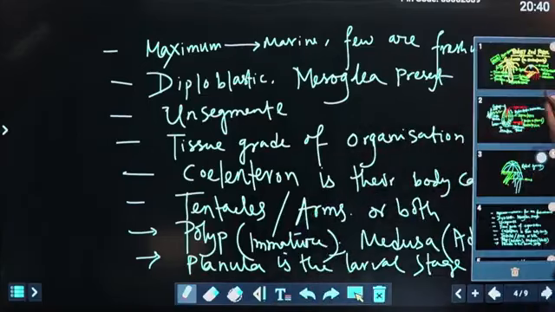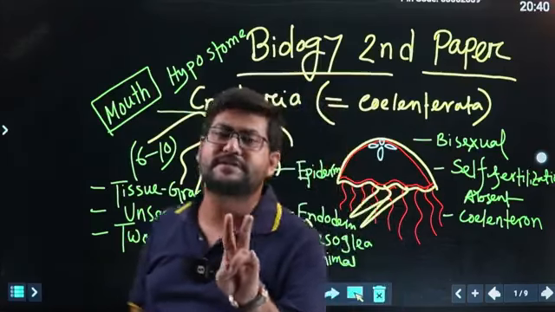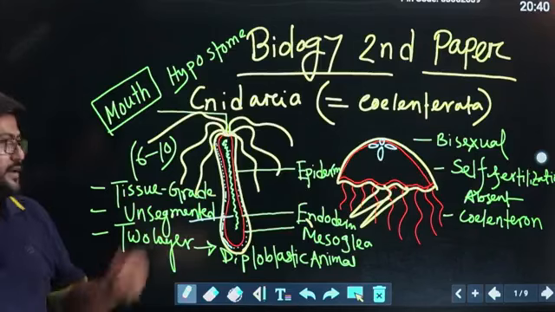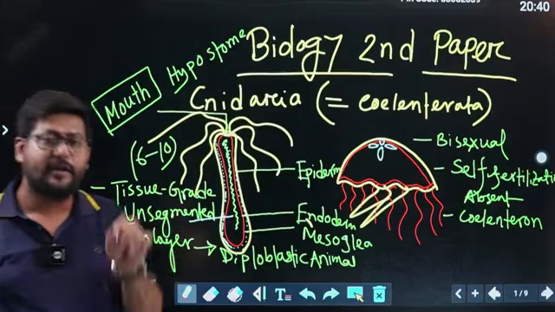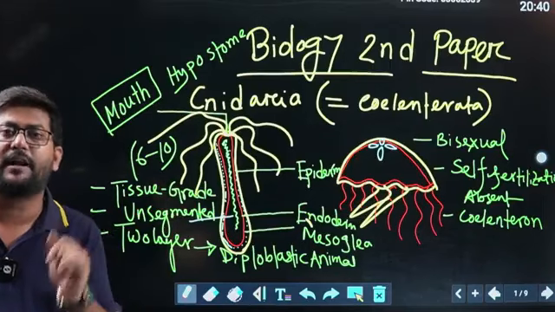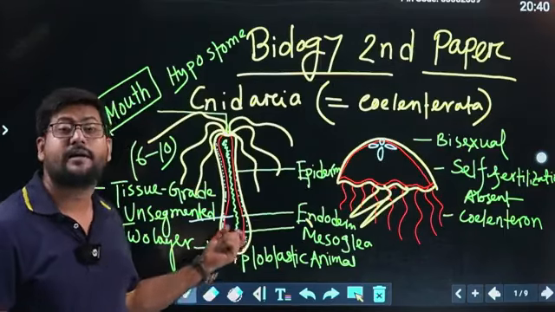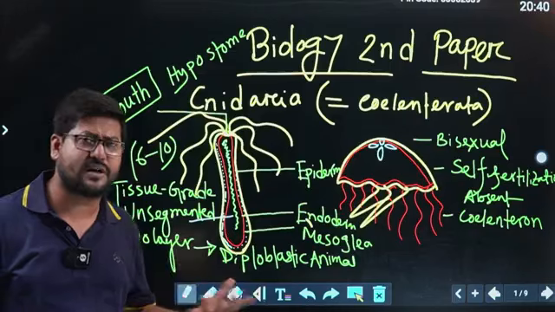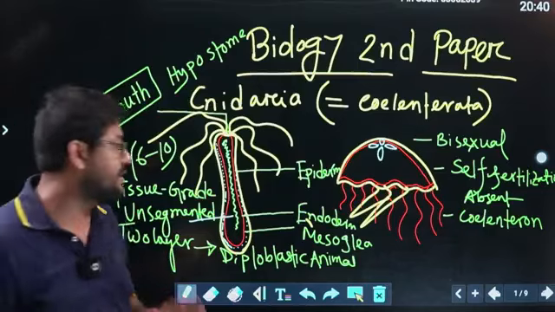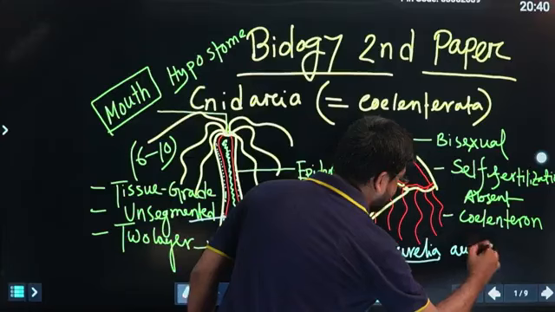So you can summarize our today's lecture in this way. We have studied two groups of animals. One belongs to the diploblastic animal phylum, it is Cnidaria. In your medical exam, it may come which animals belong to the diploblastic phylum. At that time you may get some scientific names. So you must know the scientific name of Hydra. It is Hydra vulgaris, Hydra oligactis, Hydra fusca. There are many. But in the case of jellyfish, it is special. Their scientific name is Aurelia aurita. Okay, Aurelia aurita. You must know aurita.